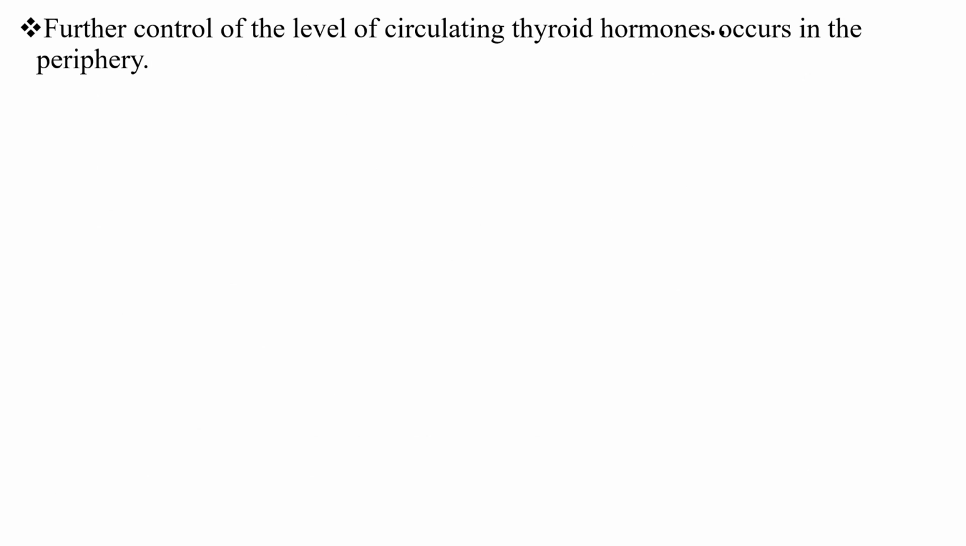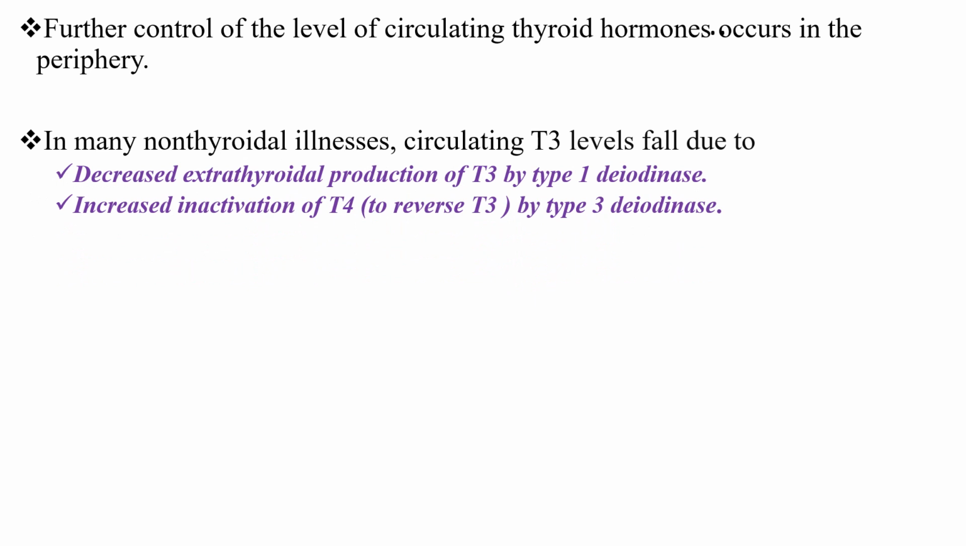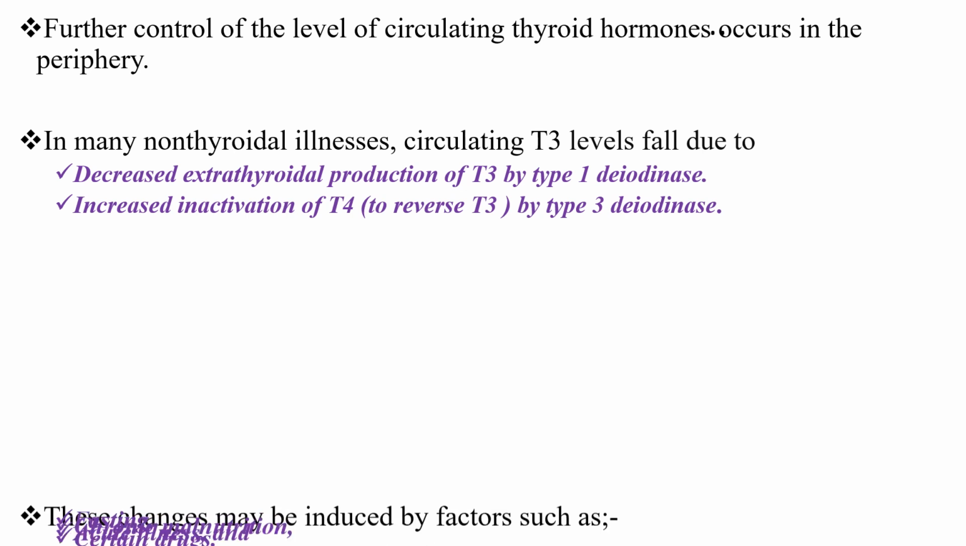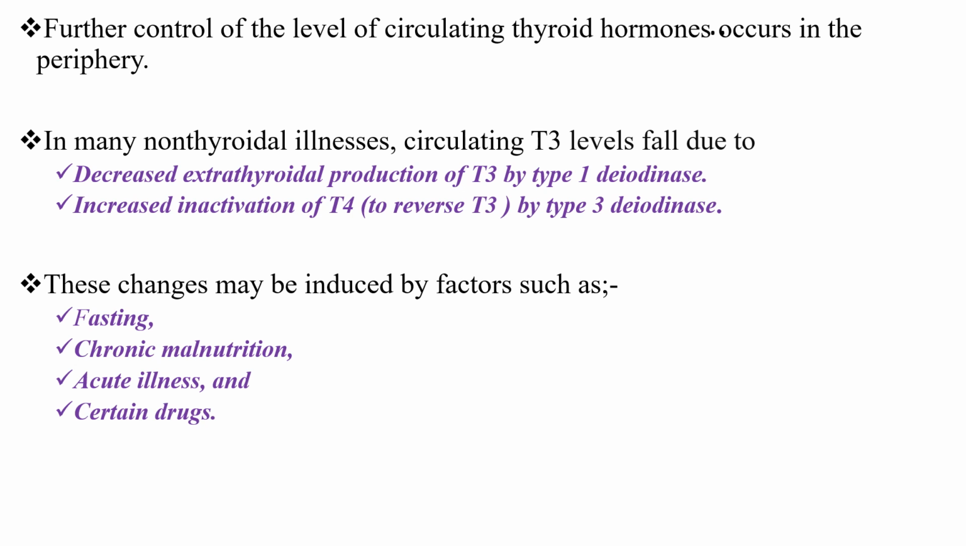Further control of the level of circulating thyroid hormones occurs in the periphery. In many non-thyroidal illnesses, circulating T3 levels fall due to decreased extrathyroidal production of T3 by type 1 deiodinase and increased inactivation of T4 to reverse T3 by type 3 deiodinase. These changes may be induced by factors such as fasting, chronic malnutrition, acute illness, and certain drugs. So in this case,